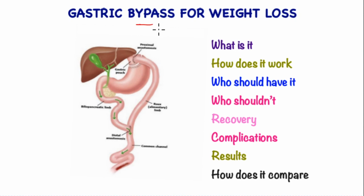Gastric bypass is a surgical procedure for weight loss usually performed laparoscopically. In this video, we will find out what it is, how it works, who should have it, who shouldn't have it, what to expect in the recovery phase, what the risk of short-term and long-term complications is, and what these complications are, what the results or outcomes are, and how it compares to its nearest rival, the gastric